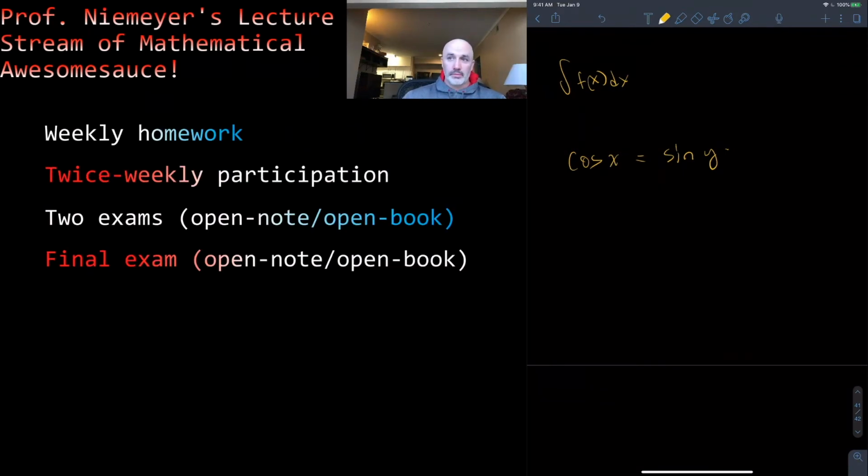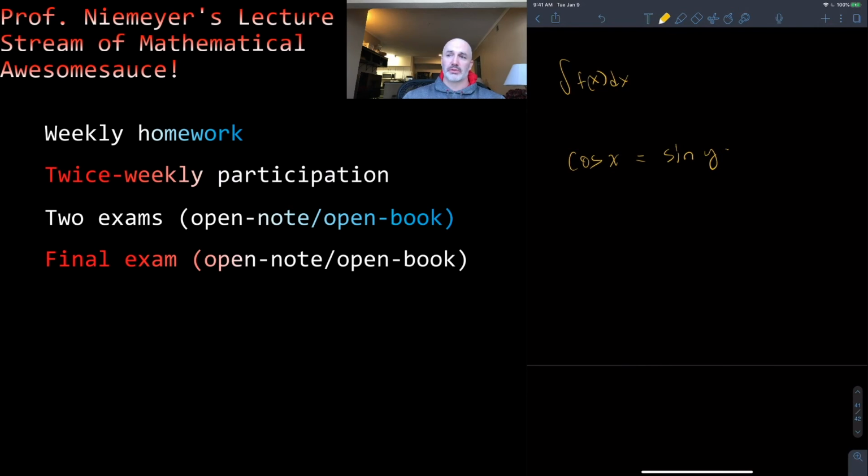Okay. So weekly homework and twice weekly participation. The participation we just talked about. If lecture is going to be at least twice a week, ask a question during that lecture period, right? So there are going to be exercises and readings that you have to do beforehand. And the point of lecture is to go over those readings, to go over those exercises you tried beforehand, so that we spend more time working on problems face-to-face in a virtual setting and recording that so people are able to get the same benefit as if they had attended the lecture.